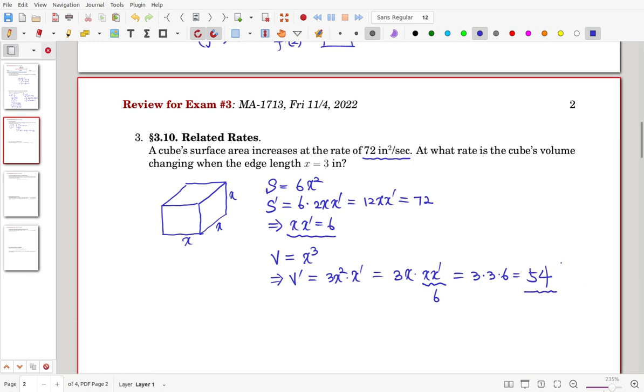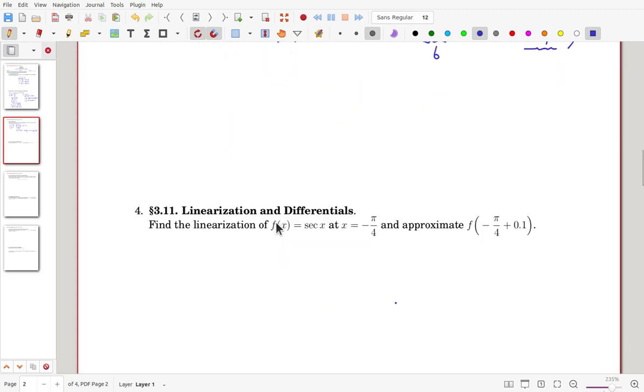Okay? So of course, if you add the unit, then that is inches cubed over second. Okay? That's the final answer. Number 4,